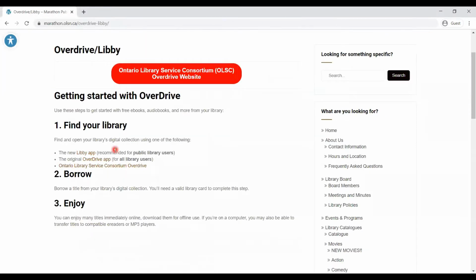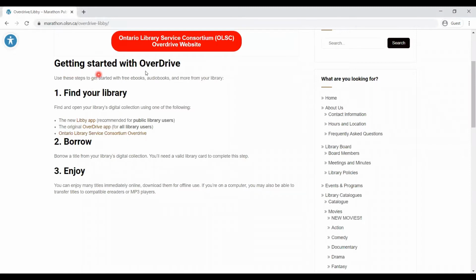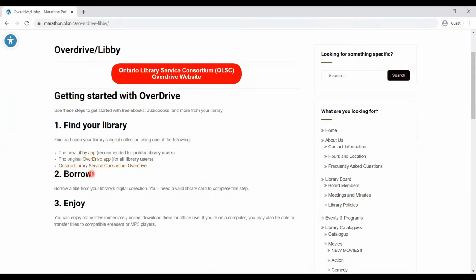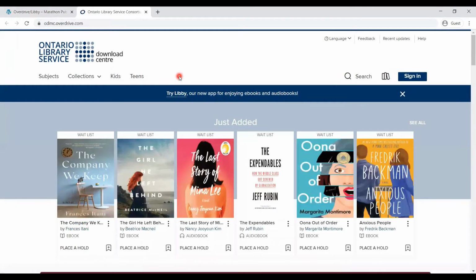And then when this screen pops up, you'll see it says getting started with Overdrive. So these are just some quick steps, but I'm going to be doing a more in-depth tutorial today. So you are going to click on Ontario Library Service Consortium OLSC Overdrive website. When you click on this, it is going to redirect you to the proper website, which is the Ontario Library Service Overdrive website. You can also access this website by typing in odmc.overdrive.com into your search engine, and it will bring you directly to the website without having to go through the